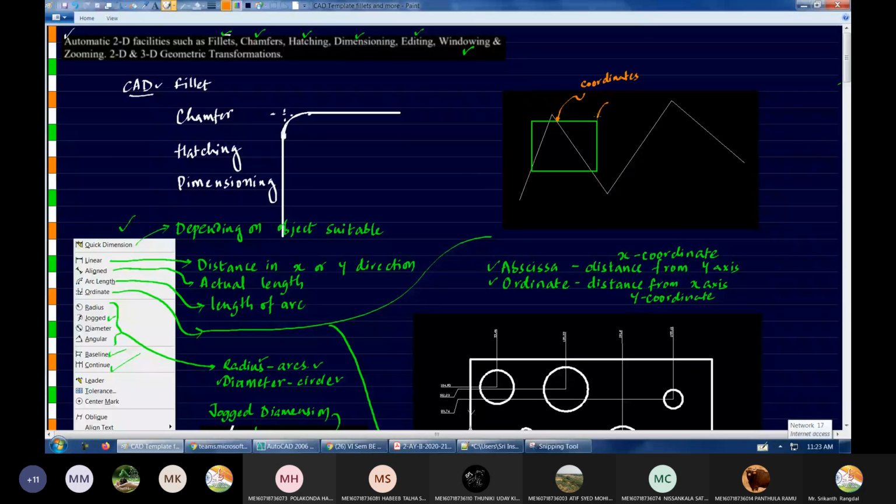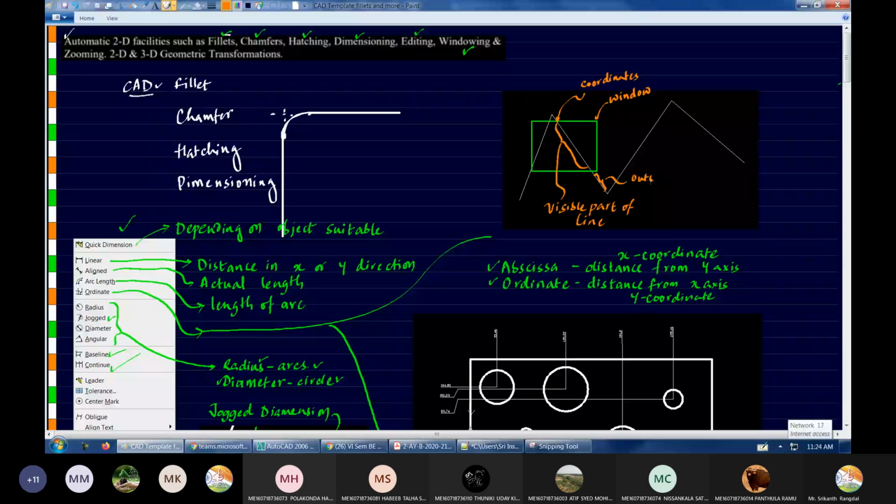So this thing is called a window, and only the parts which are inside the window should be visible. From this point to this point is the visible part of the line, and this part is going outside the screen.